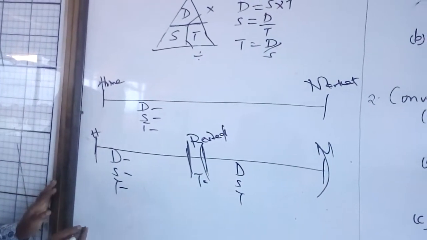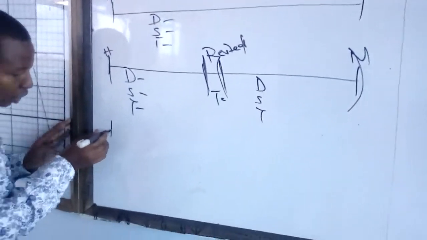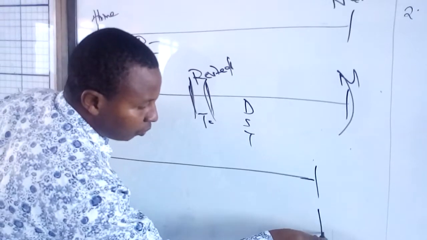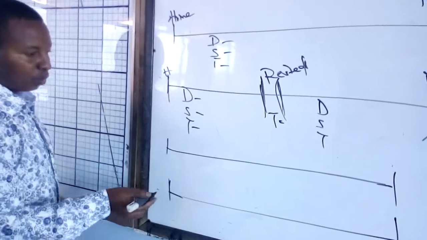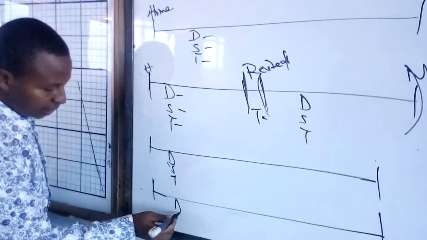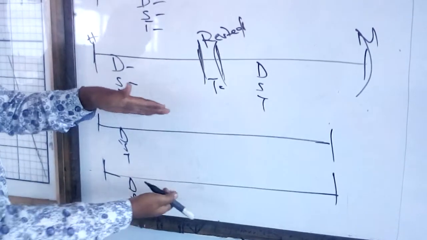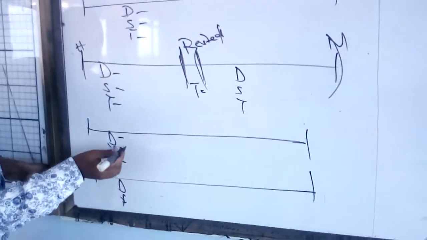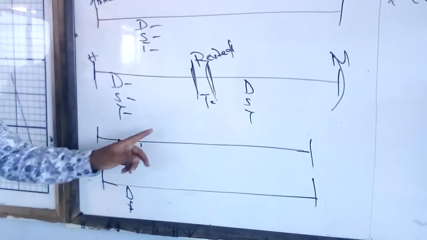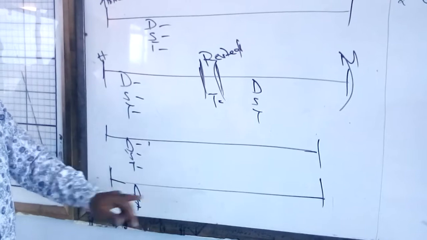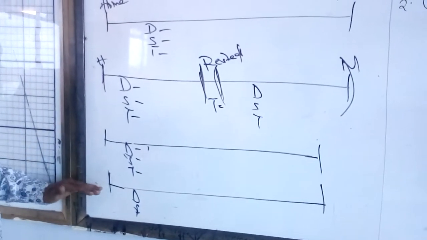If you are told the person went toward the destination and back, then you are supposed to represent your information using two equal lines, and each one is represented by DST, towards and back. The reason why we are drawing two is so that we can work out whatever is in question on this part and the other part. But it doesn't mean that these are two routes. It is one route, but it is represented using two lines.